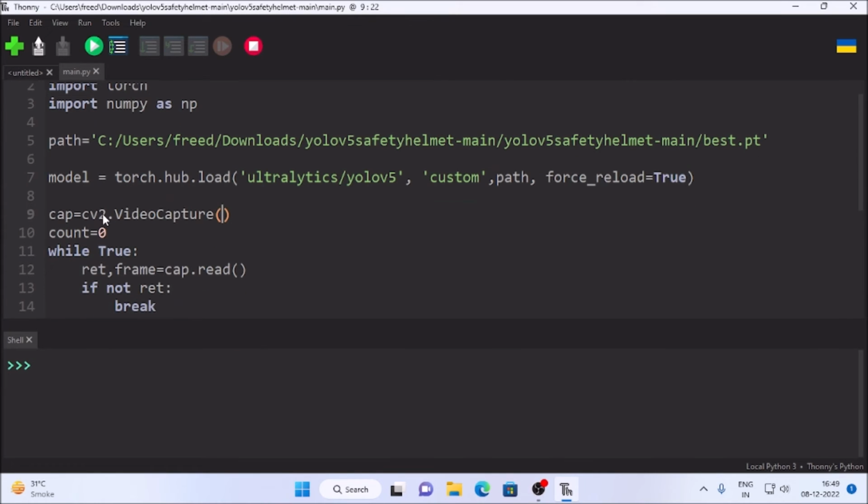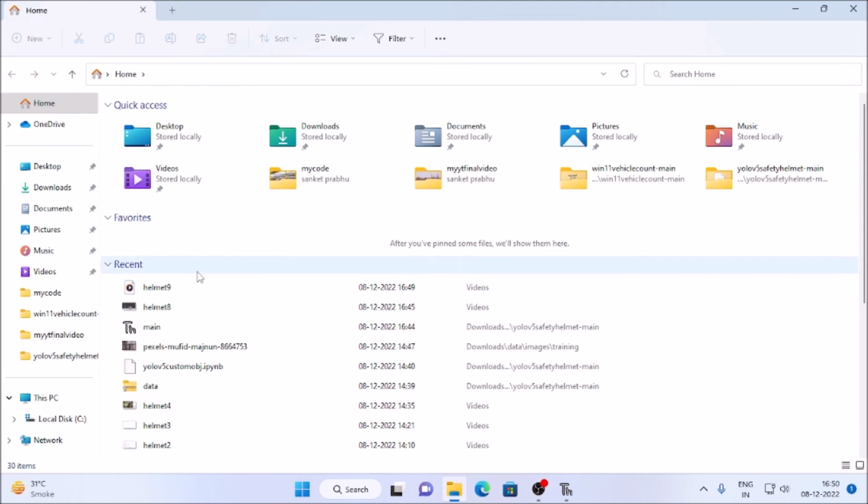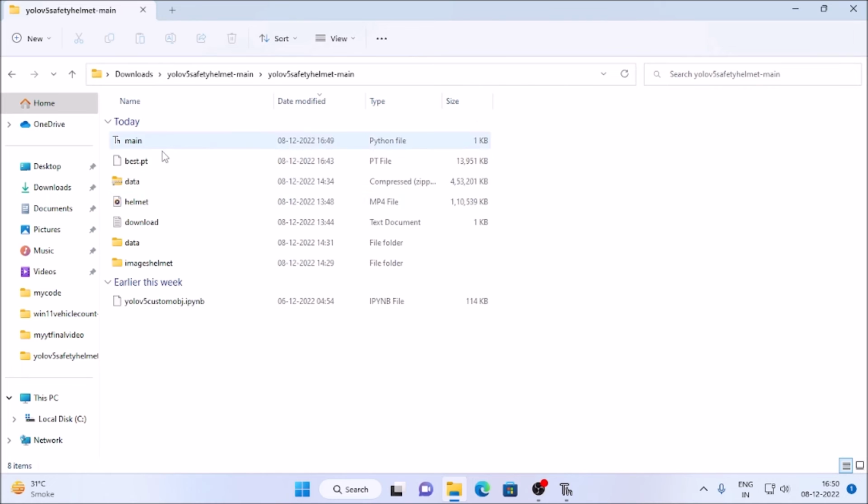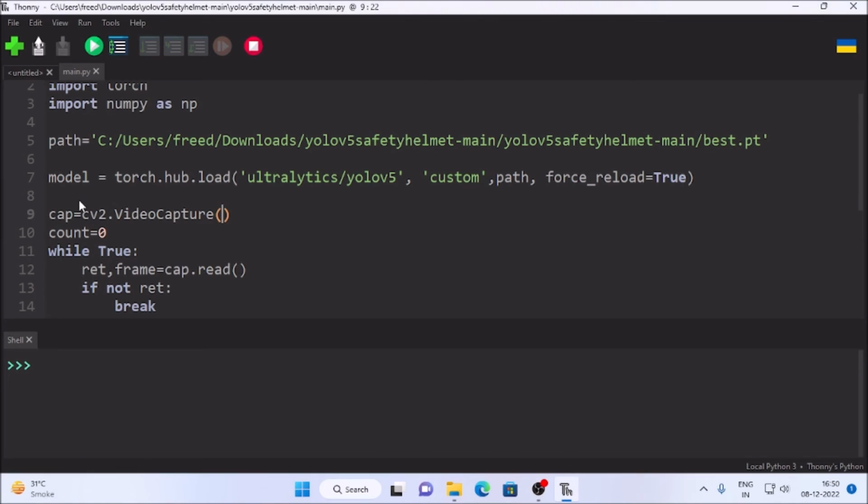Okay, and here cap is equal to cv2.VideoCapture. We need to mention our video file name. So our video file is basically inside our YOLOv5 safety helmet main. Our video file name is helmet. Okay, so we are going to mention helmet.mp4 in single quote, helmet.mp4. Okay, so it will start our video file. It will not detect our helmet because we haven't called our model yet, but we are just going to check whether our video file is perfectly working or not. So just save it, and if I run the code,